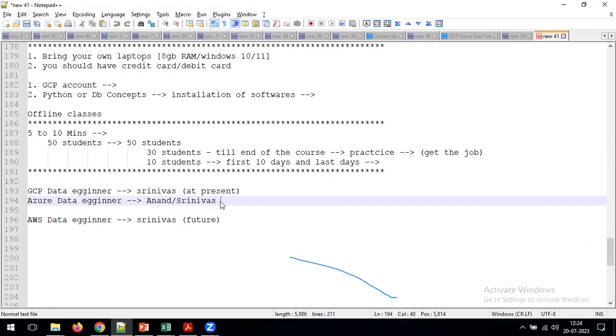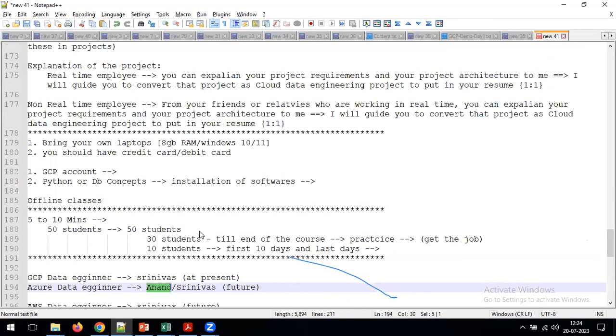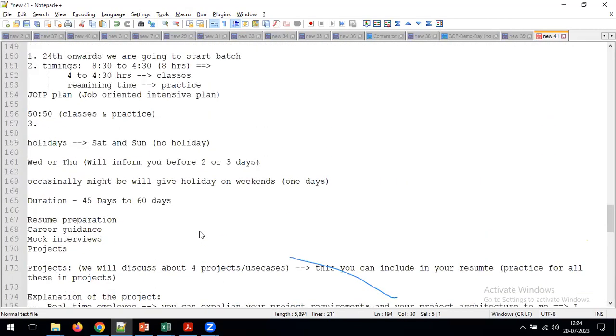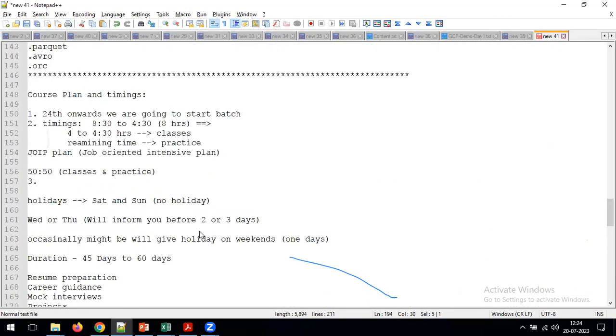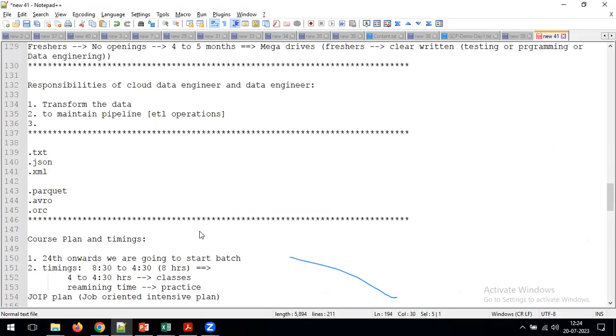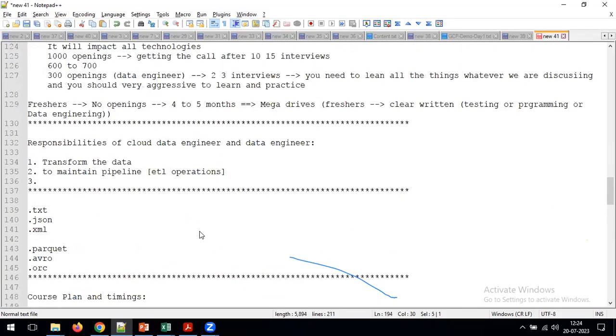Why I'm telling this is, for example, after searching, you felt that Azure is having more calls. Okay, you can come and attend Anand's demo. Already he's conducting the courses. If you are fine, you can join his course. Otherwise, after a few days, I will start the Azure data engineer also. If you want, you can wait till that time and join my classes. Your wish. I'm just saying don't depend on my words. Please go to job sites or LinkedIn, search for data engineer and cloud data engineer. If you're satisfied with the number of calls during your analysis, then only please come and join the course.